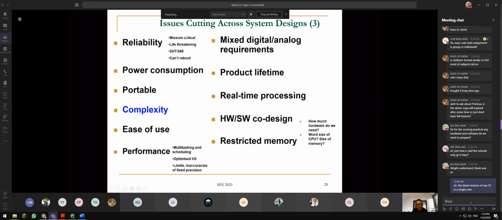Okay, so in the end, we can summarize: reliability, power consumption, portability, in your embedded design. If you design a mobile phone, you don't want your mobile phone like those in the 1980s, as big as a water bottle. Okay, it's portable. And complexity, how complex is it? Is it easy to use for the user? Okay, you design your robots, you design your own things. So in the end, how easy is it for the user to use it? Or press one button, and it will do everything for you.